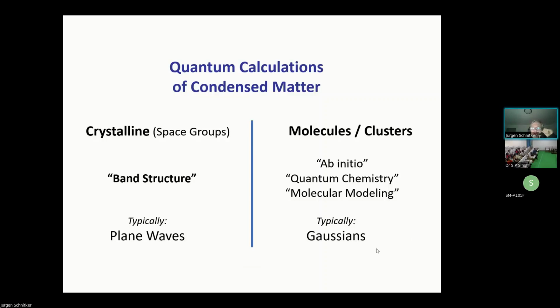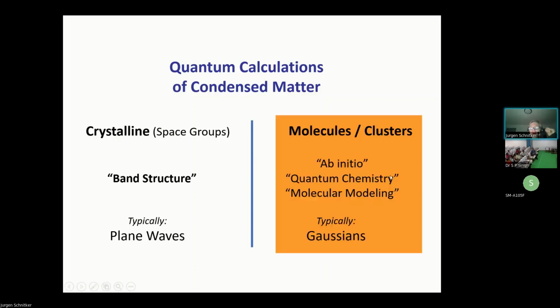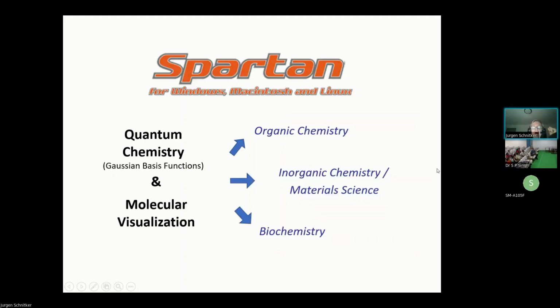Okay, so we were talking about real quantum chemistry as applied to material science problems. Since this all originates with molecules, the basis functions are typically Gaussians, which are centered on the nuclei of the molecule. This is complementary to the physics-based approach. It's the chemistry-based approach to quantum calculations of condensed matter, as opposed to the physics-based approach. The program we will be using is Spartan, as Yatindra had pointed out.